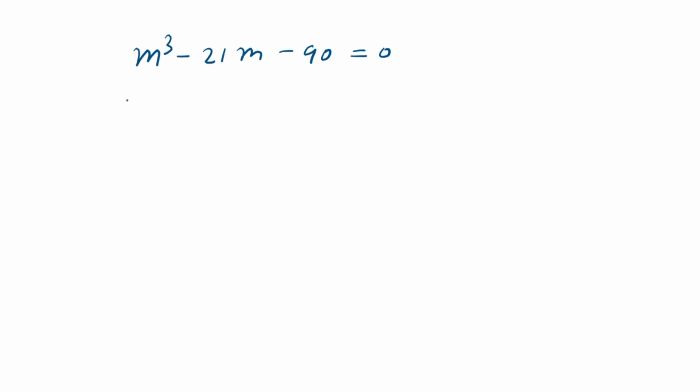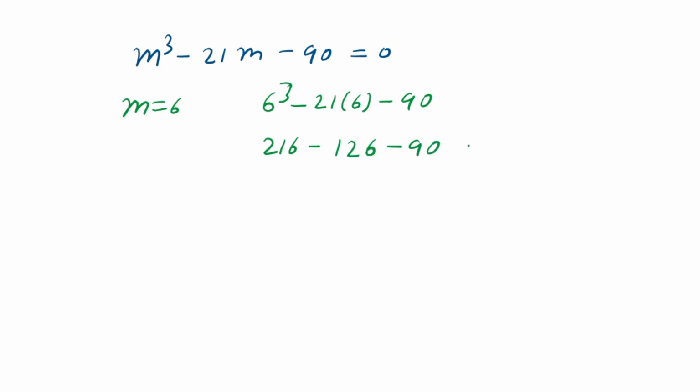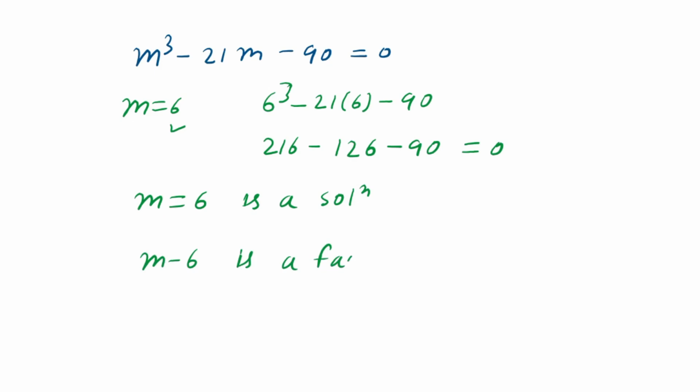Here if you substitute m equals 6, then 6 power 3 minus 21 times 6 minus 90. 6 power 3 is 216, minus 21 multiplied by 6, which is 126, minus 90. Then you will get 0. It means m equals 6 is a solution of this cubic equation. If m equals 6 is a solution, then you can say m minus 6 is a factor of this